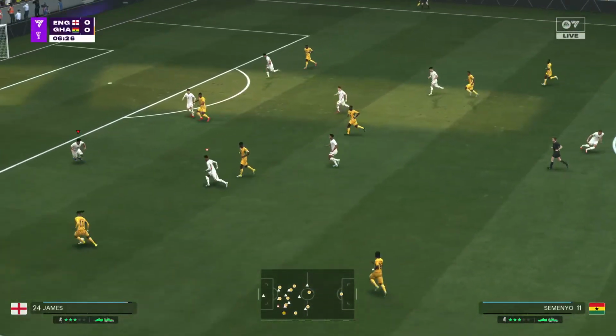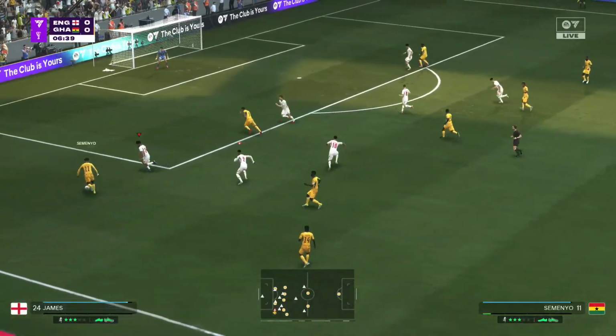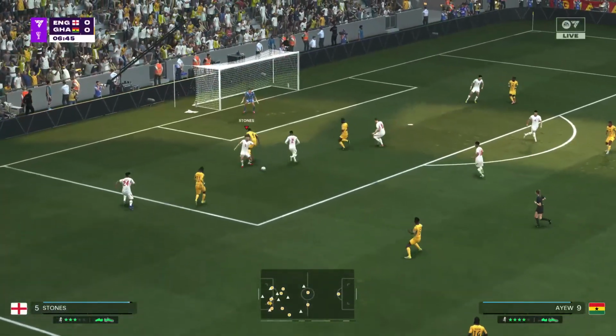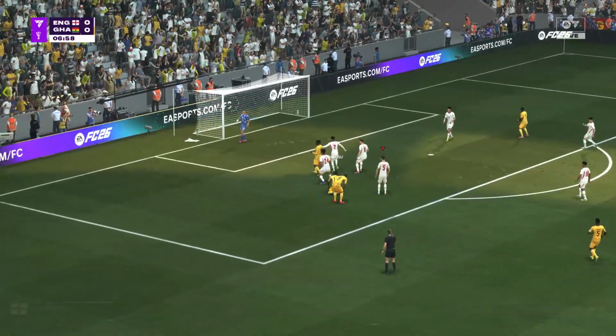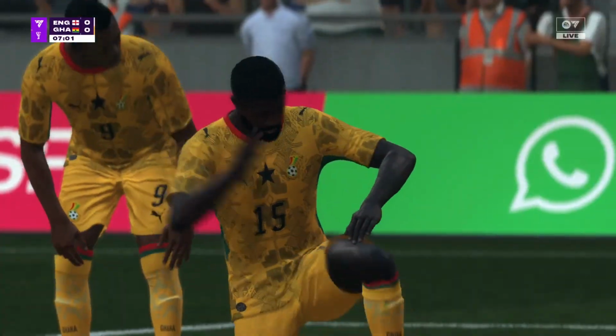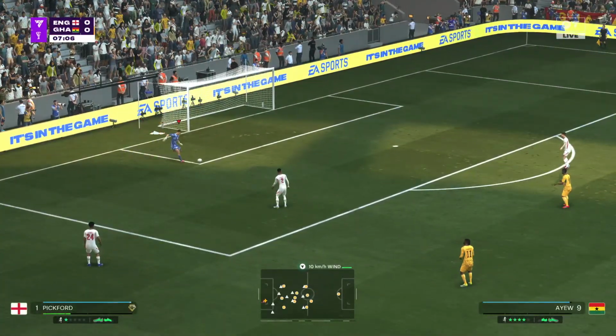Running with confidence. Now with Semenyo. And defensive play to be applauded. Well, they're going to be very cross with themselves because that was a wasted opportunity. Oh, I started off so well, just couldn't finish it off.